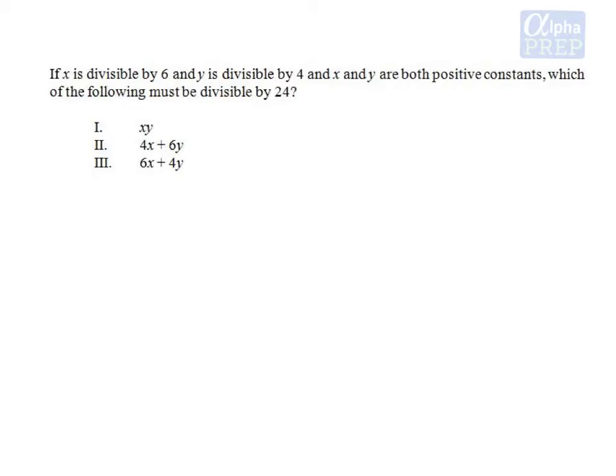So first, let's do this the algebraic way. Now, the algebraic way is to realize that if x is some number that's divisible by 6, we can essentially call x 6 times some number k. Now, as long as k is a whole number, then x will be some number that is divisible by 6. Now, we can do the same thing with y. So y has to be divisible by 4, so we can say that y is going to equal 4 times